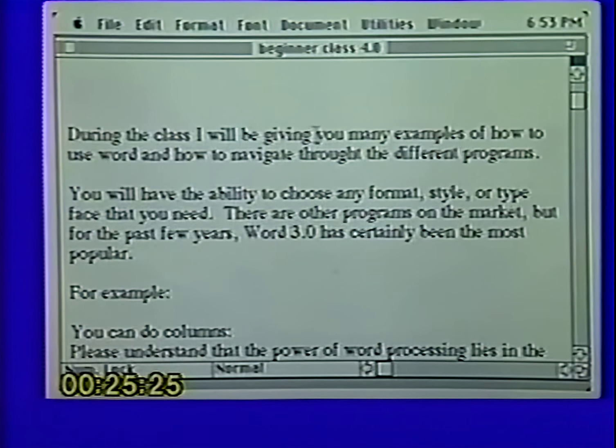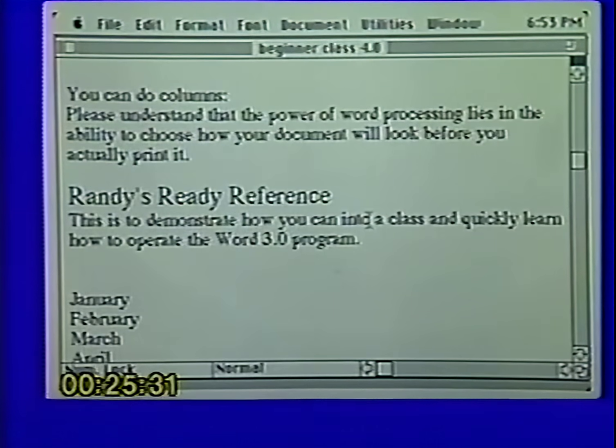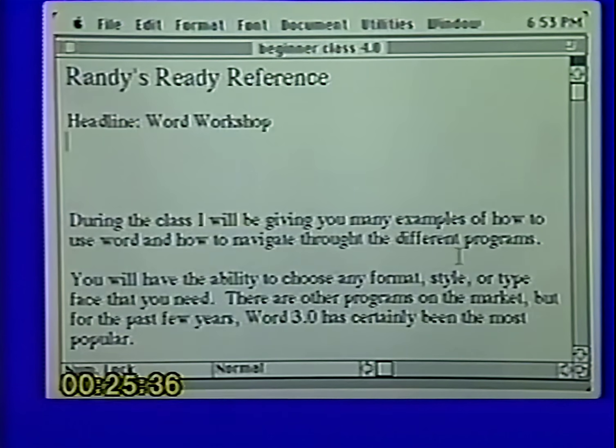You simply click where you want it to start and then scroll through to the second page. And as you get to the point where you want it to stop, then you can hold the Shift key down and click, and it will select everything in between those 2 points. Okay, that's selecting. Now everything else that I'm going to teach you in this 2-hour tape is based on selecting. You've always got to select first and tell the computer this is what I'd like to have you work on.